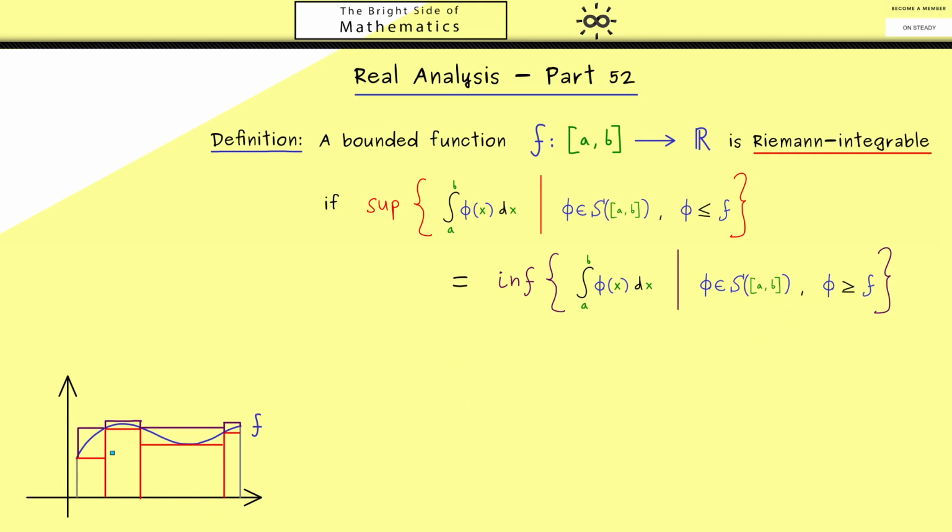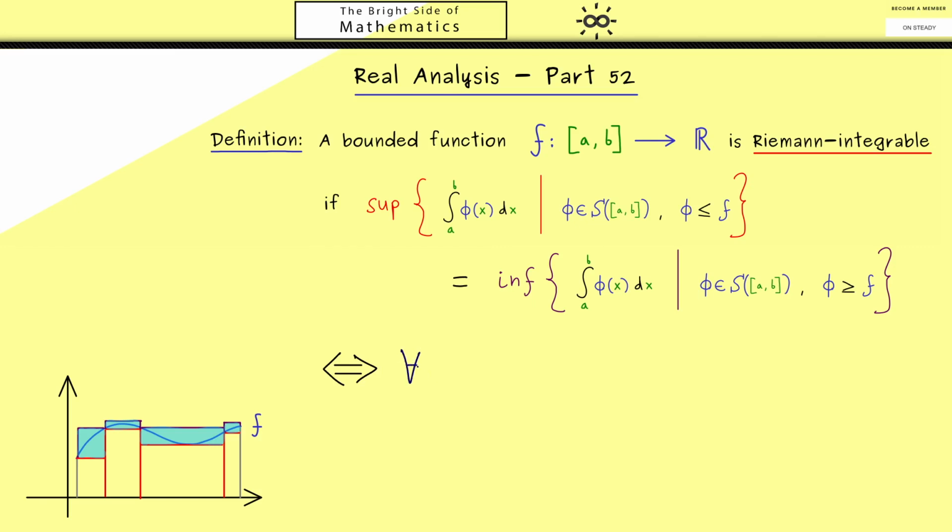However, the important thing I want to show you here is that the area between both step functions is very small. Even better, we can make it as small as we want. And exactly this fact is what we can use for an equivalent formulation here.